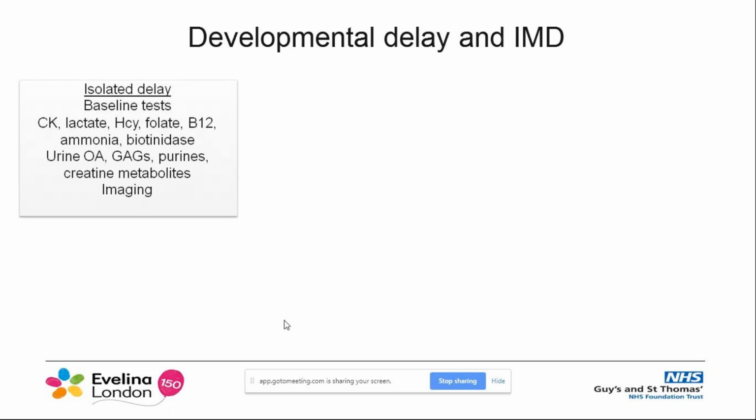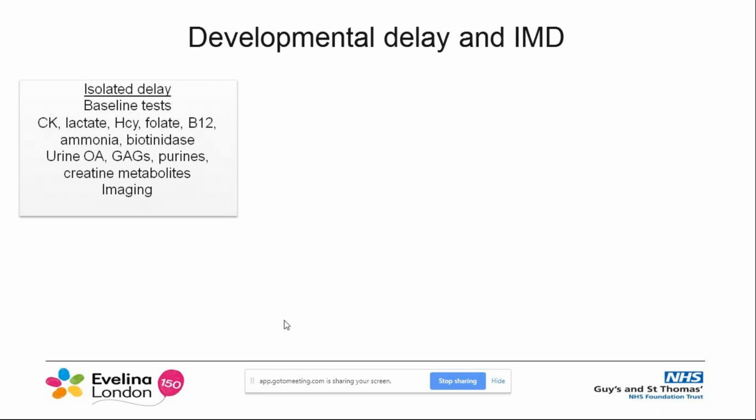There's a condition called homocystinuria. Folate and B12, so vitamin deficiencies, sometimes can cause developmental delays. And ammonia, as some urea cycle defects or some conditions causing hyperammonemia or mild hyperammonemia can present more chronically. Biotinidase deficiency, and then those investigations that we talked about for a screen potentially for lysosomal storage disorders,